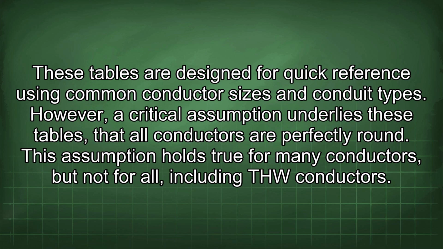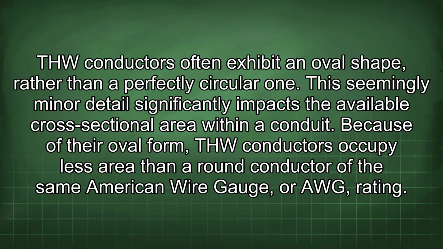However, a critical assumption underlies these tables: that all conductors are perfectly round. This assumption holds true for many conductors, but not for all, including THW conductors. THW conductors often exhibit an oval shape, rather than a perfectly circular one. This seemingly minor detail significantly impacts the available cross-sectional area within a conduit. Because of their oval form, THW conductors occupy less area than a round conductor of the same American wire gauge